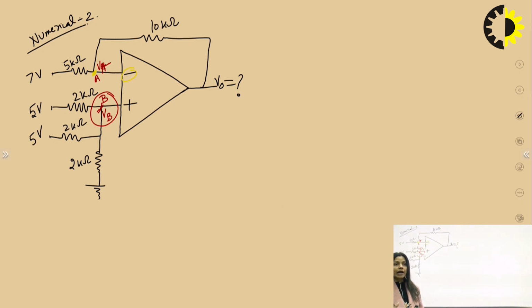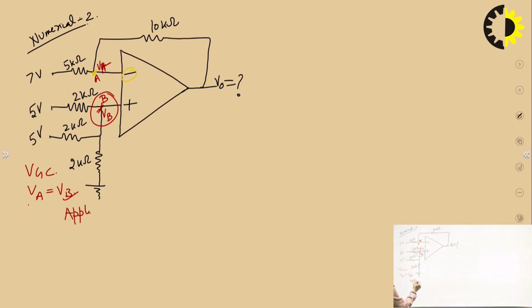But I don't have the value of VB. But some resistances are given at the non-inverting terminal and voltage sources are also there. So I can easily calculate the potential at that point, and that is nothing but VB. Right. So here what I will do, first I will apply KCL. From the virtual ground concept I will write first: VA is equal to VB. Now, first thing I have noted down, but I don't have the value of VB. So I will calculate VB